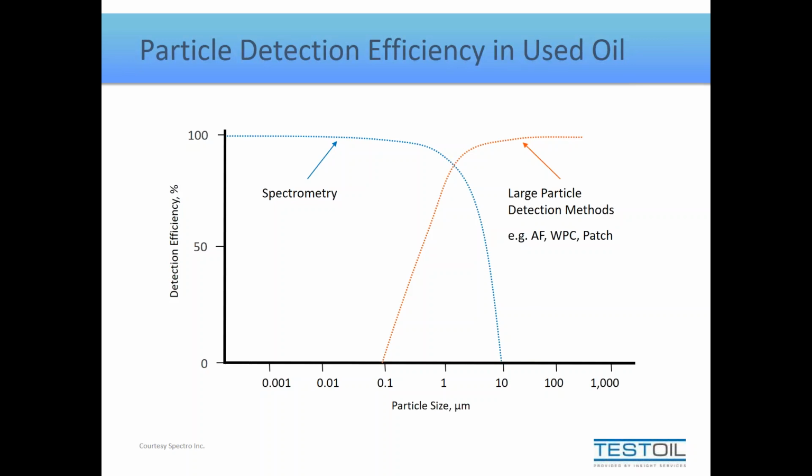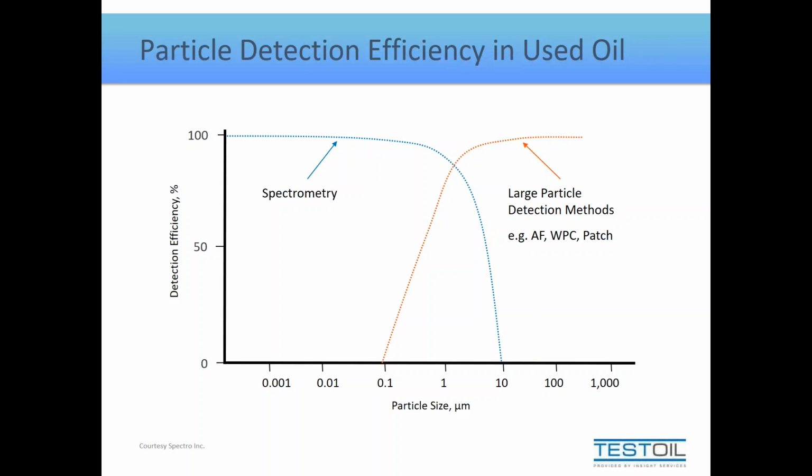Just as an illustrative point, spectrometry does have a loss of accuracy at larger particle sizes, but luckily there's a crossover with large particle detection methods such as analytical ferrography or wear particle concentration that can easily bridge that gap. So it's not that all oil analysis testing cannot measure large particles. It's simply that this elemental spectroscopy will miss out on some of them. So saying that, there's only one last real point to make about the test, and that is the precision and bias statements for